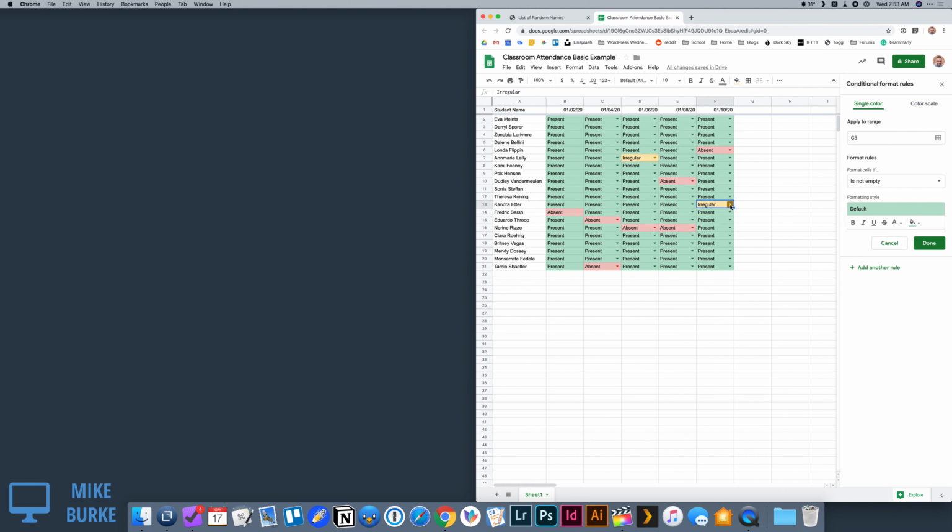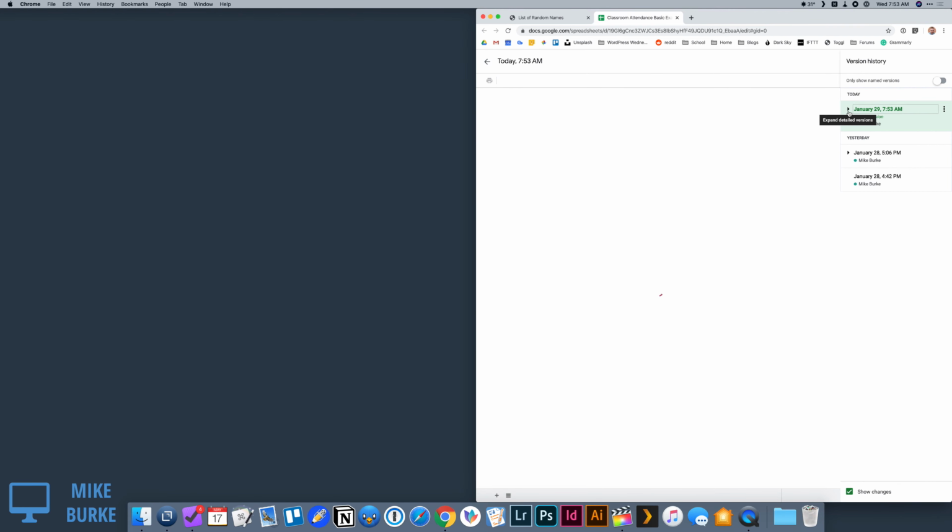And by using irregularity as well as an option, all of that information is actually tracked to the minute in Google Sheets.